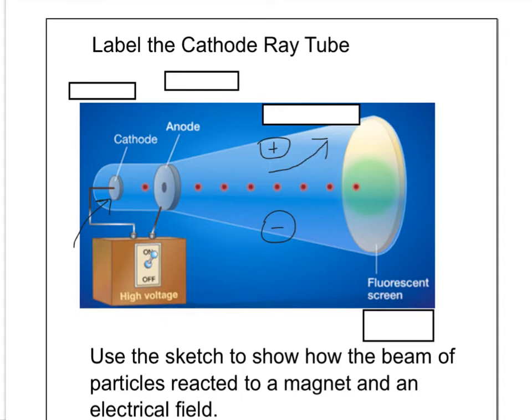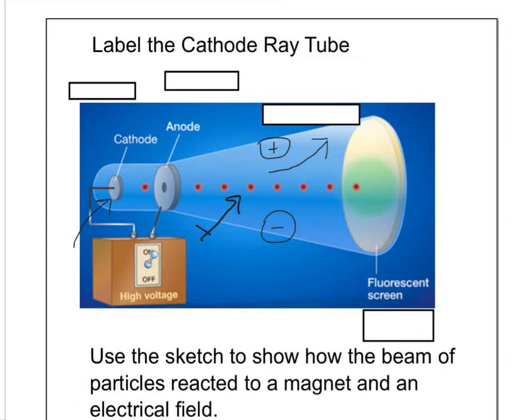I went over this in one of the videos that you were assigned, but let me just briefly say that if you're given this sort of sketch of either this or the Rutherford experiment, the Geiger-Marsden experiment, you should be able to label the different parts, which are actually labeled here, and also you should be able to say what happened in the experiment. So in this case, when a high voltage difference was applied, what was discovered was that,